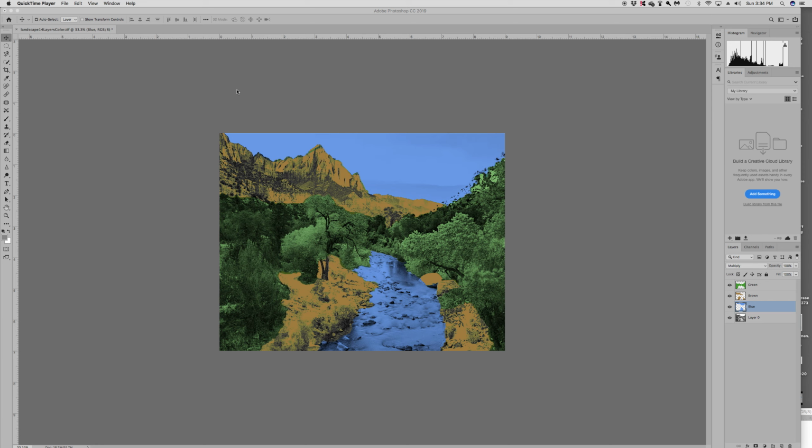This is a tutorial on how to prepare your layered files that you're going to send me. This is the way that we would typically expose the screen and print the colors through. So the first thing you want to do, since this is going to be a large file and we have